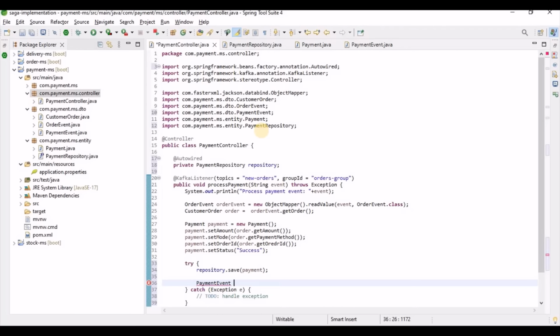Means order is placed, and from the order the request is coming to the payment, and if payment is success, then we'll send the request to the stock so that the stock can be updated. Like suppose if we are purchasing 10 books or any quantity, that quantity should be updated. So this payment event, we need to set data over here, payment event, and we need to do event.setOrder, it will be order, and